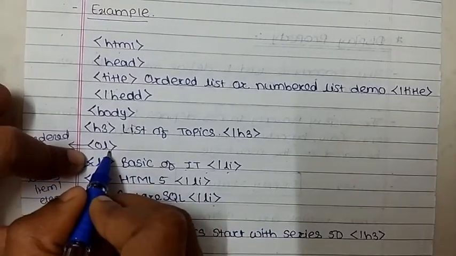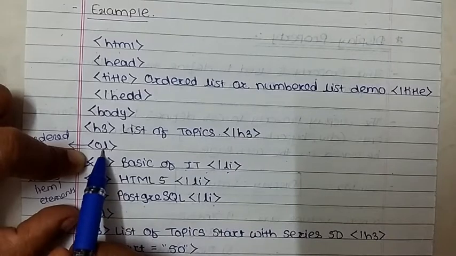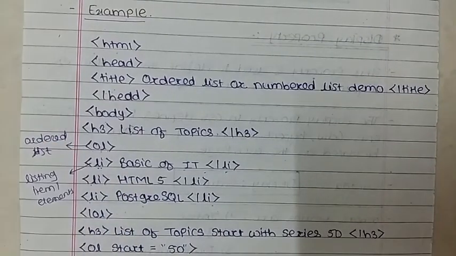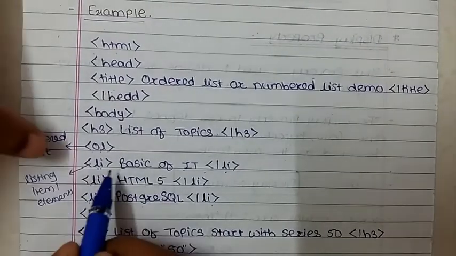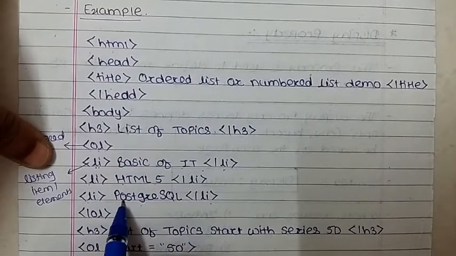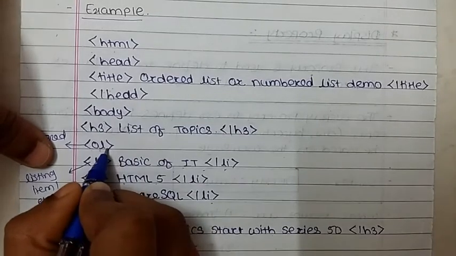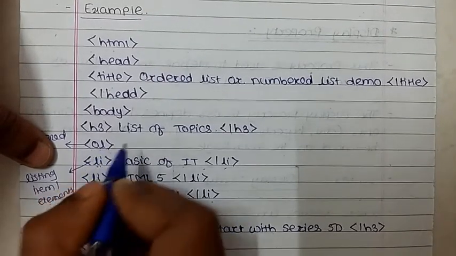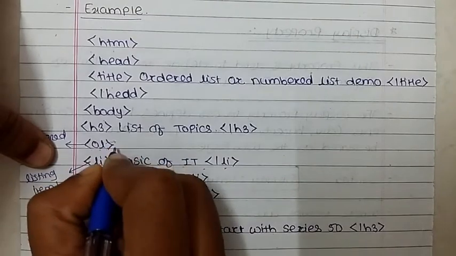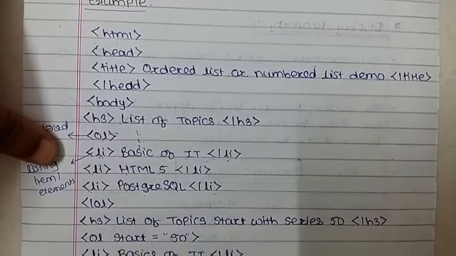So by default this list is shown as what? We don't set any attribute on this tag. So it is shown like 1. Basic of IT, then 2. HTML5, then 3. PostgreSQL, like this. Means we do not set any attribute here. Clear? So by default this ordered list starts from 1, 2, 3, like this. Clear? Now next,